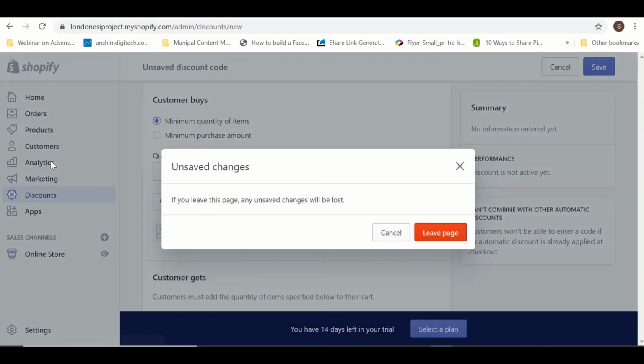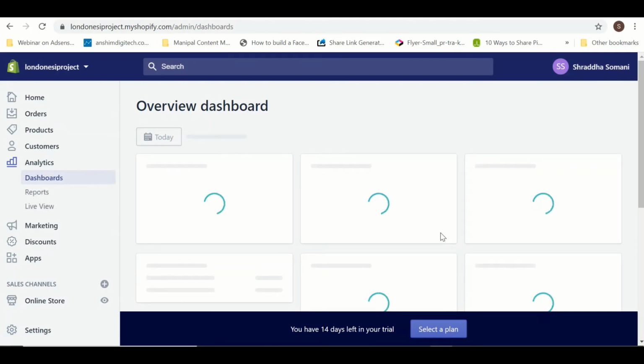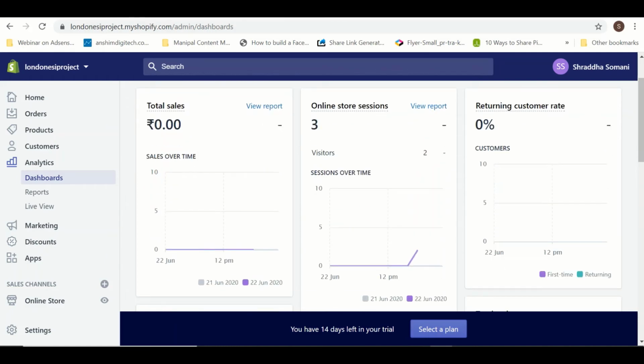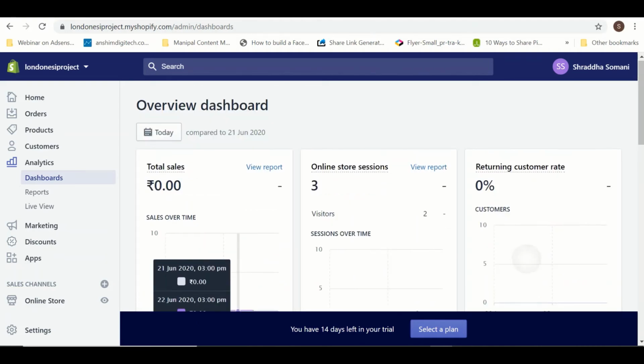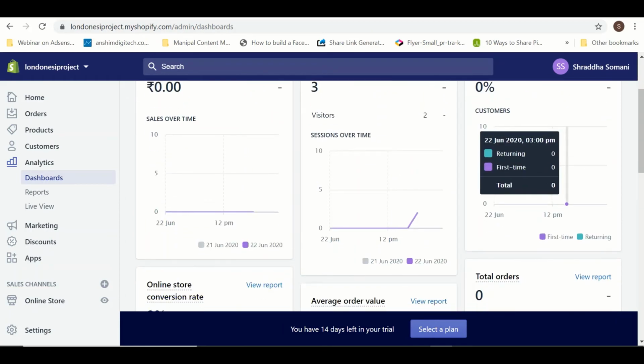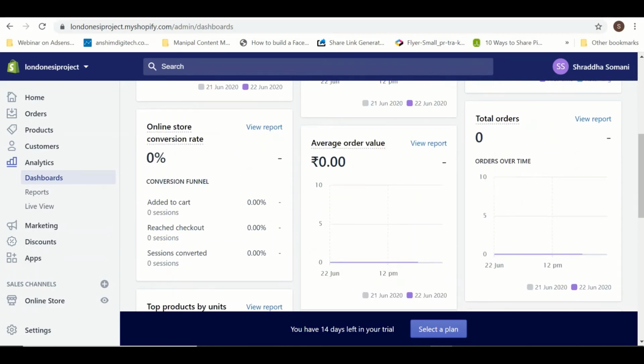If I now want to analyze how my sales have performed regarding my customers, all that analysis I can do over here. So which kind of analytics reports does Shopify give you? Shopify gives you how many total sales you have done for the time duration. I can set the time duration over here, so if I want to see for a month, I can do that. How many session visits are happening, the returning customer rate, and who the first-time visitors are. I can also get those kinds of reports, those kinds of insights.